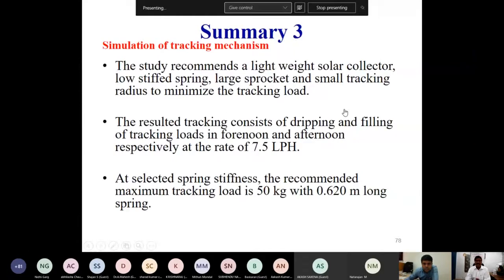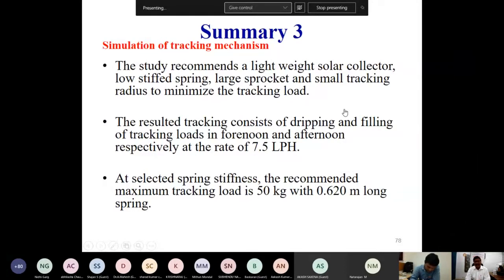Devices like tracking can also be made into a product, as an example of product making, and process conditions can be optimized. That means the flow rate in the case of the tripping action and the minimum tracking load, because the final goal is that the tracking load should be minimized. If the tracking load is heavy, the total collecting load will increase and become too massive. The collector is already massive and the dead weight is too high, so the total weight of the entire system will increase. That's why, as engineers, we go for optimization of the entire system, tracking load, etc.